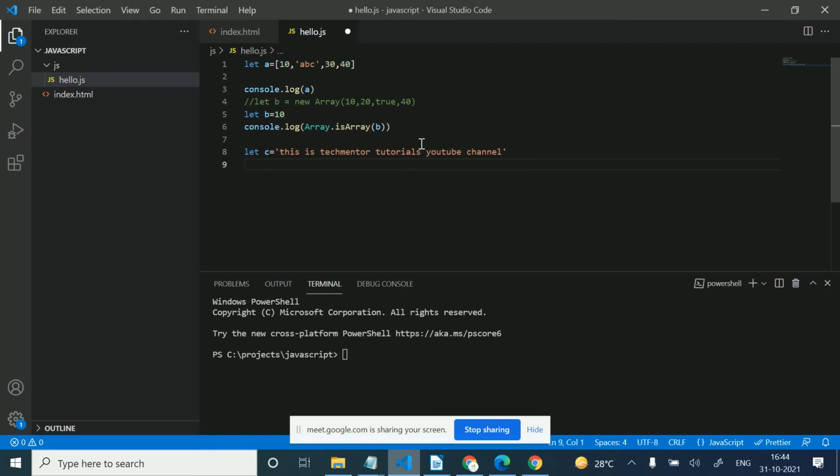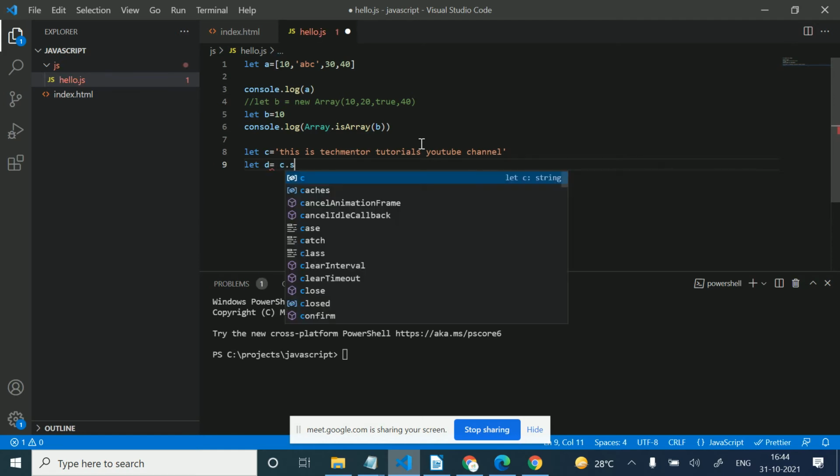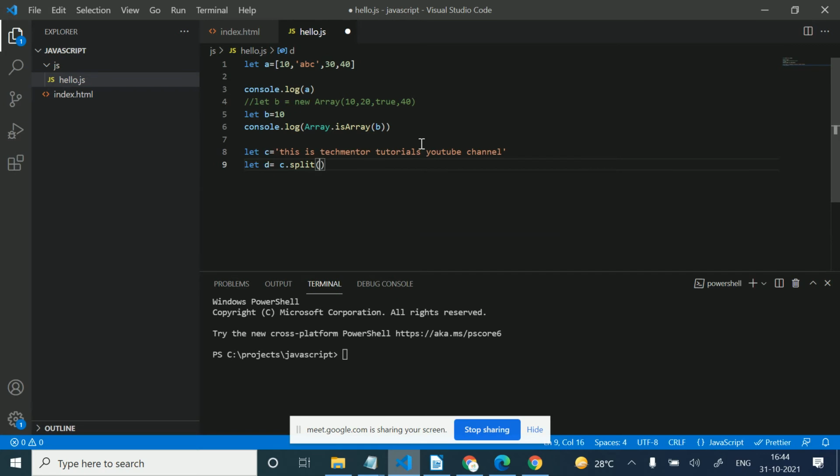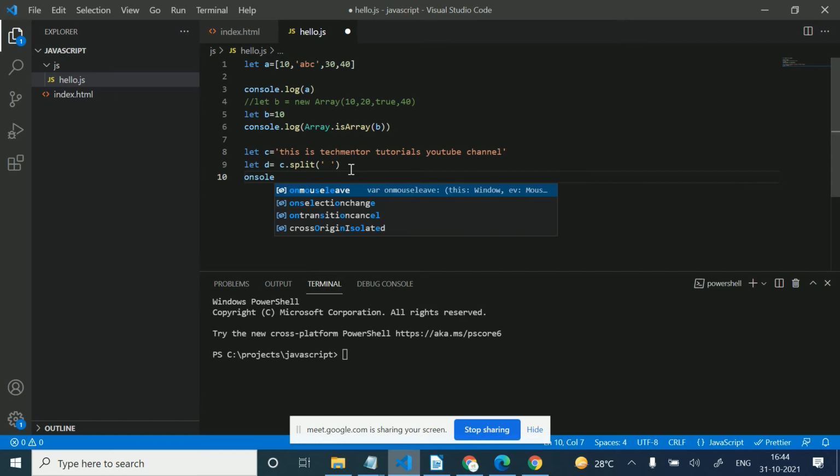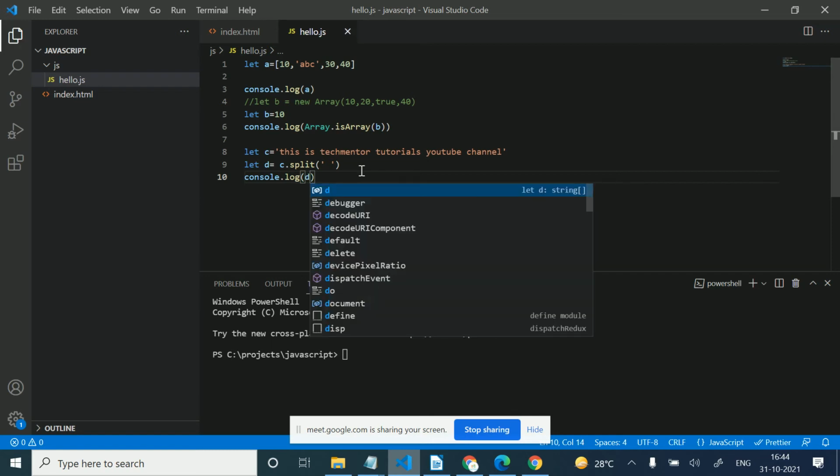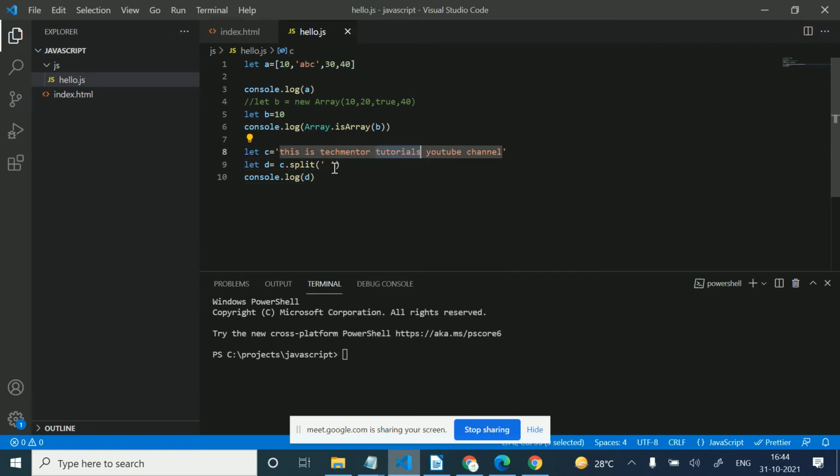I will split, like d equals c.split, and I will enter some character here. I have entered a space. On the basis of this space, I want to convert this string to the array. console.log d.